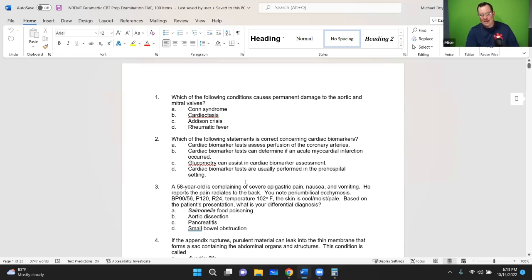Number two, which of the following statements is correct concerning cardiac biomarkers? Now, the term cardiac biomarkers doesn't get brought up a lot in paramedic. But what's interesting is when you look at the anatomy chapter in the latest paramedic book, chapter 8, Nancy Caroline, they do talk about biomarkers. And you've got to understand there's 3 of them. One that is extremely popular that people talk about is troponin. These biomarkers are used when they draw labs at the hospital, they can look at these cardiac biomarkers and say definitively that this person is having a heart attack or an MI, right? So there's 3, like I said, troponin,